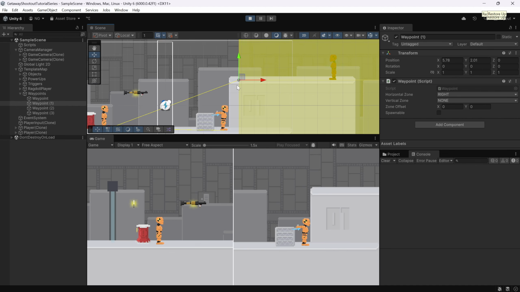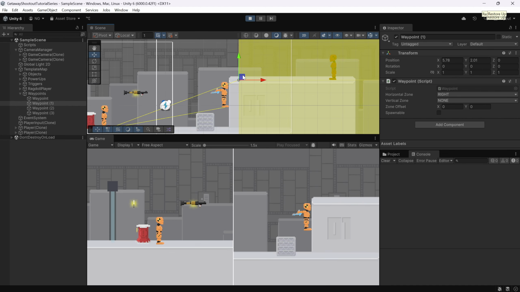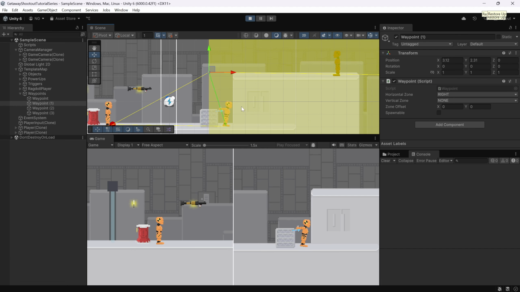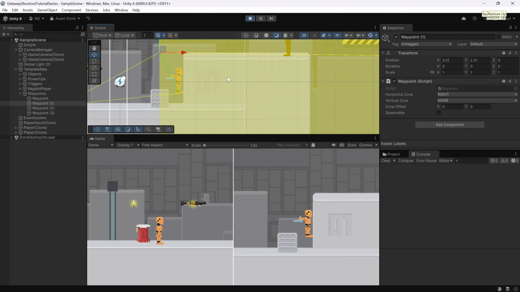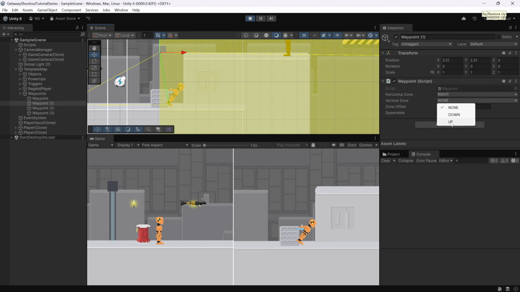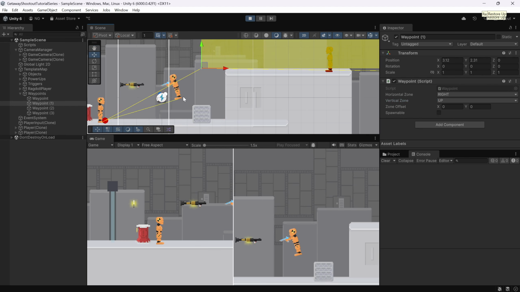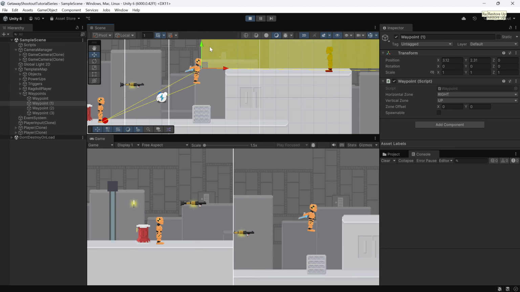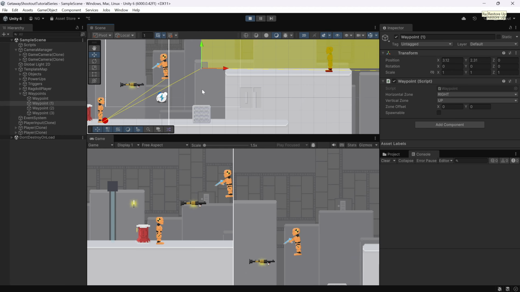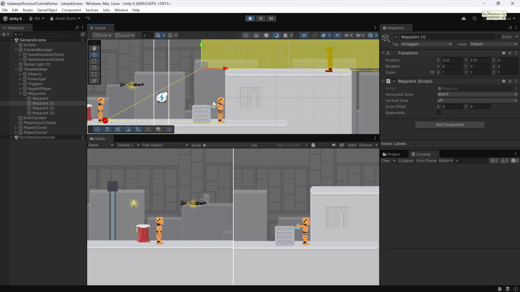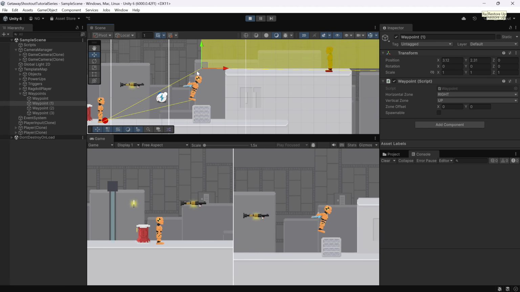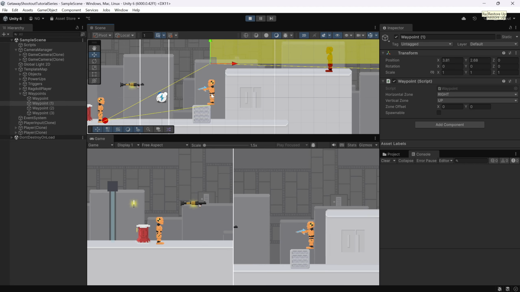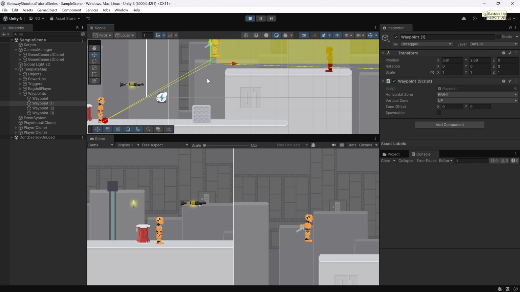So this goes back to the beginning of the video where we want to place these waypoints at precise locations, and since the player is now targeting this waypoint, it's still jumping at the wall. So if I move the vertical zone to something like this, now the player is going to be targeting this waypoint, and it's going to do a precise jump to try to reach that waypoint. But yeah, this is where this kind of system gets a little fiddly, because now we have to somehow optimize the player